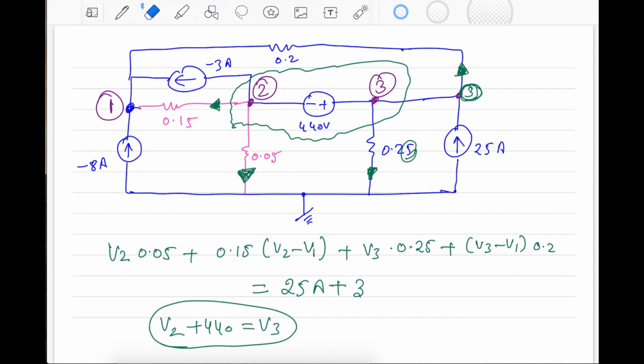Sir, should the resistance be divided or multiplied here? No, this is Siemens, right? Which is actually the inverse of ohms. So this is a conductance which is already given to you in the question. That's why it's 0.05. Okay, so it's already inverse. Yes, it's already given as inverse.